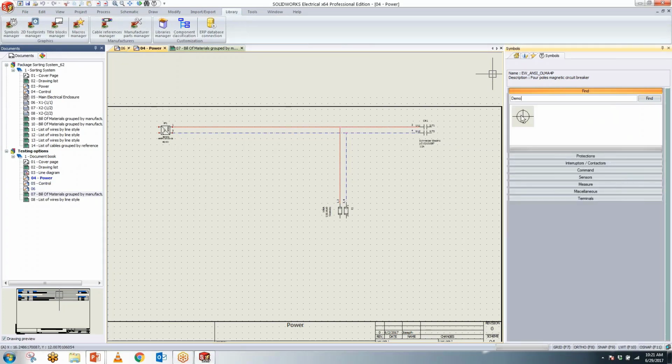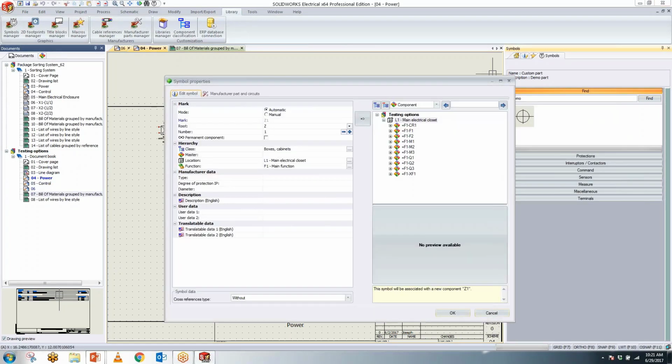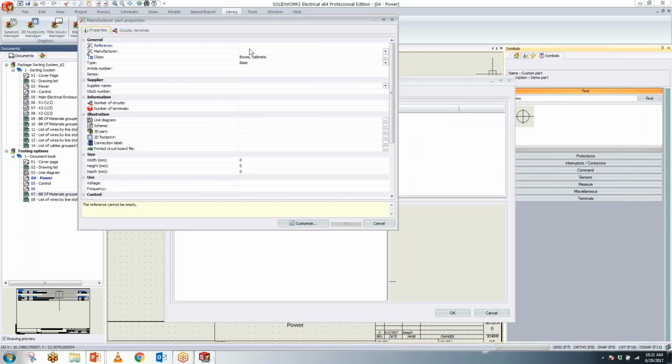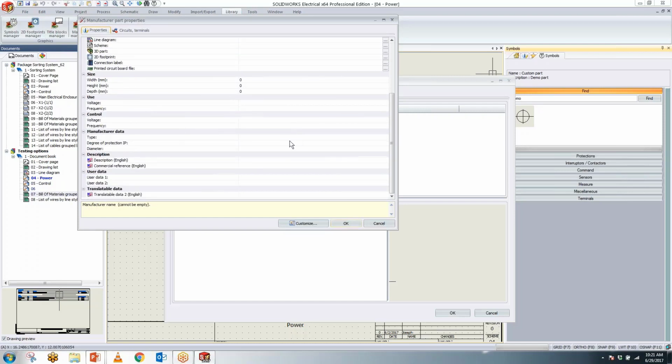It's gonna show up here. Grab this instance and assign manufacturer properties. That was a custom part. I'm gonna add it manually. The reference for it is gonna be 01, 02, 03. Manufacturer, I went ahead and created a manufacturer name and called it JD, my initials. That's right here. And for the description for that part, I'm gonna call it SWE demo part,